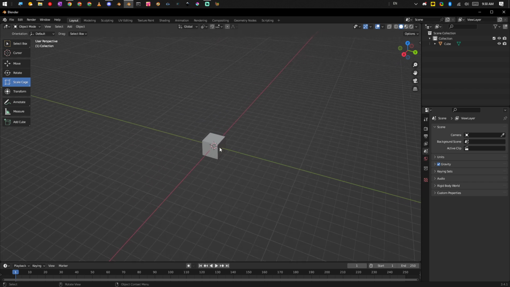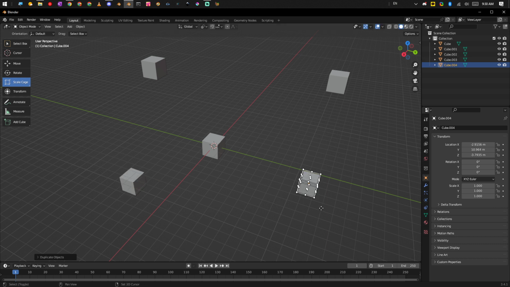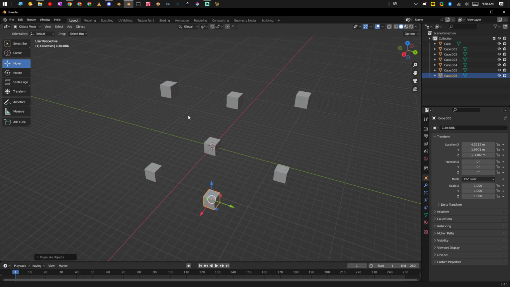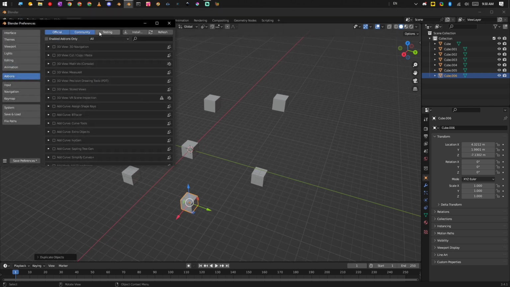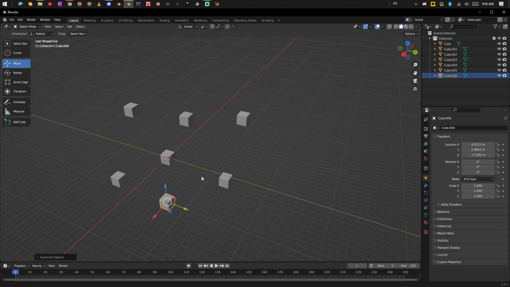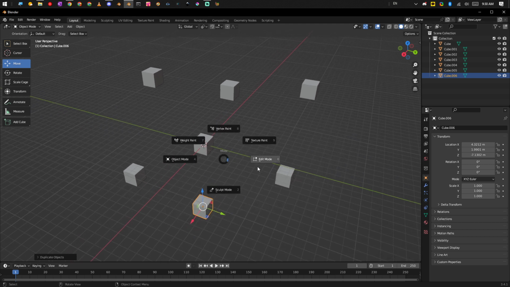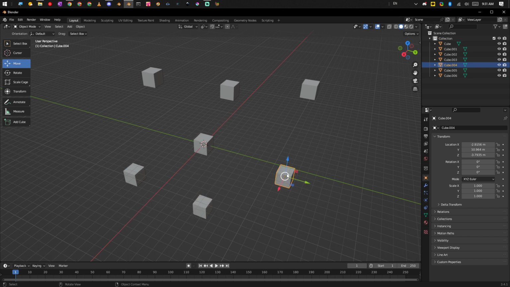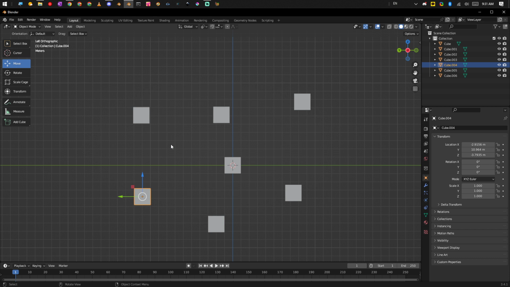So if, for example, we'll just put a lot of these boxes all over the place. I've already talked to you about enabling the pie menu. I think it's under navigation, key maps, tab for pie. Okay, and I'm just going to switch this to tools and save preferences. So when I press the tab key, I'm going to have a bunch of different options. The really cool thing here is you can just go, and I'm hitting the tilde key on my keyboard. It's basically this little